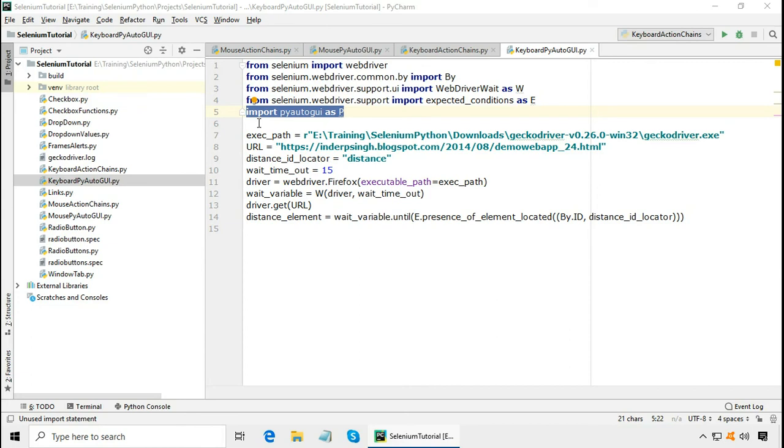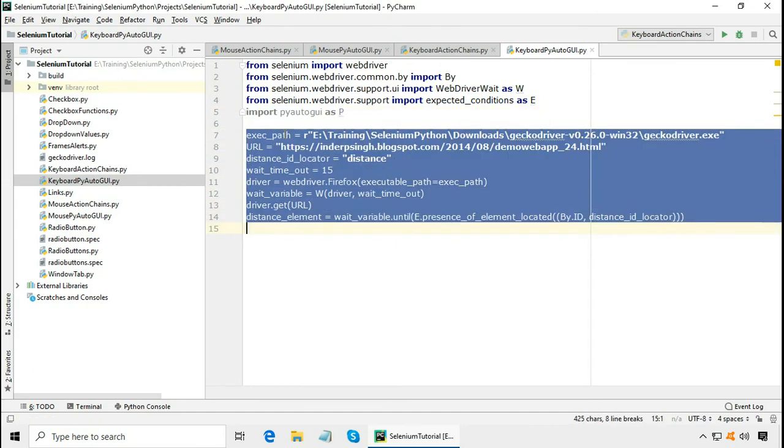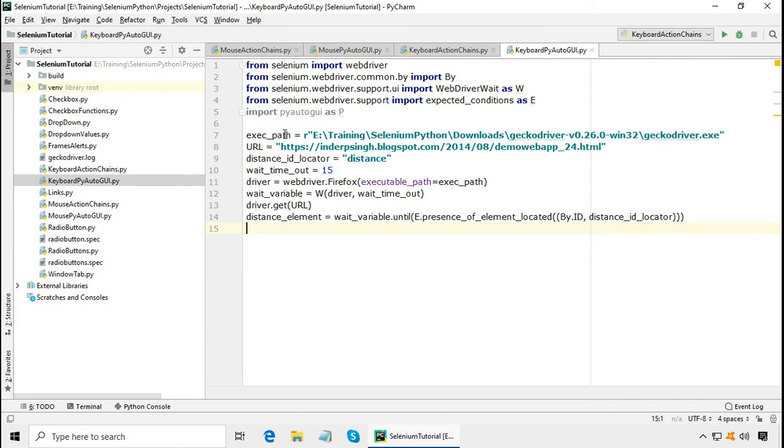I explained in my Selenium Python tutorial 8. First we need to install the PyAutoGUI package using the pip command, and the pip command is pip install PyAutoGUI. This command we need to run on the command prompt. Second, we need to install PyAutoGUI package in File Settings Project Interpreter. The rest of the code that I have pasted is the same as before. Let us continue writing the code.